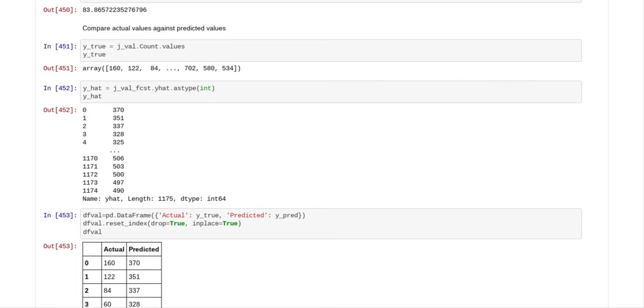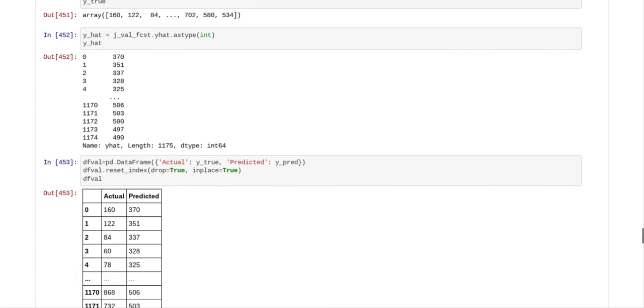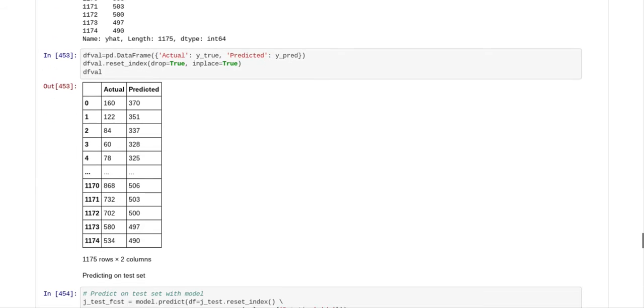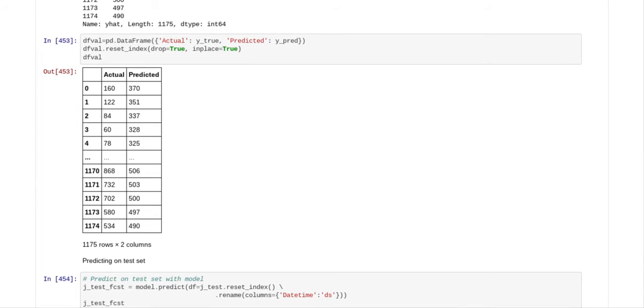What we had to do is y_true equals jval.count.values, and y_hat equals jval.forecast.yhat.astype(int). And we create a data frame, dfval equals pd.DataFrame with actual y_true and predicted y_pred, so you can compare the predicted values against the actual values and see for yourself if you think it's a good program.